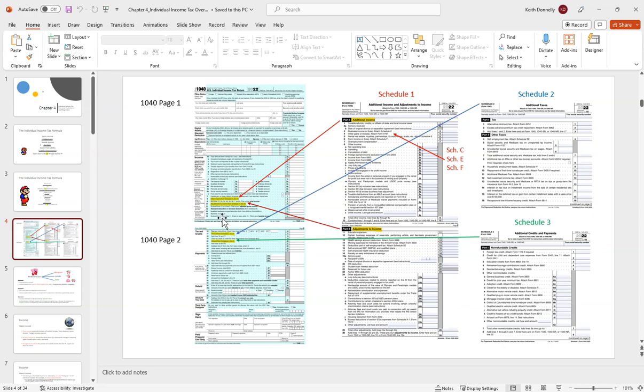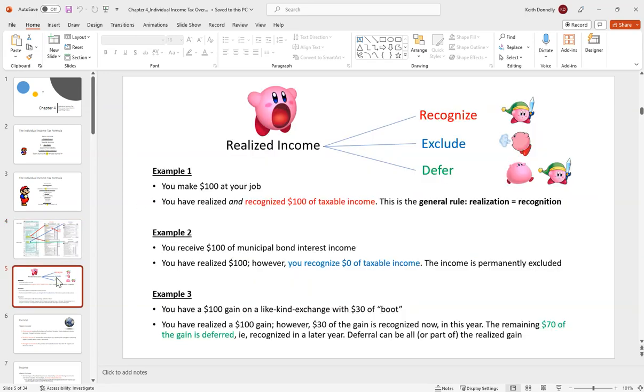So again, just keeping it high level here. Don't get caught up in the minutia. You don't need to know line for line every single thing on the form. We're just looking at the blocking and the tackling. All right, when we're talking about the 1040 and we're talking about income, kind of the top line item there,